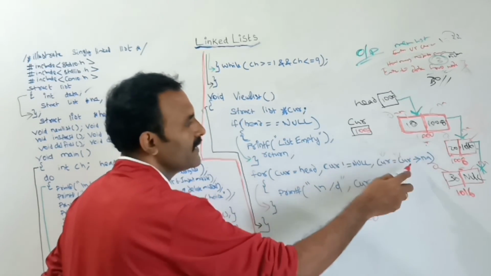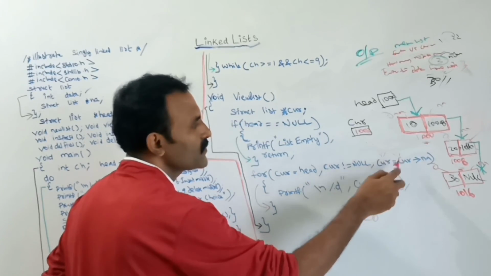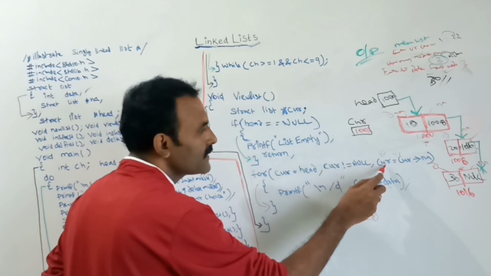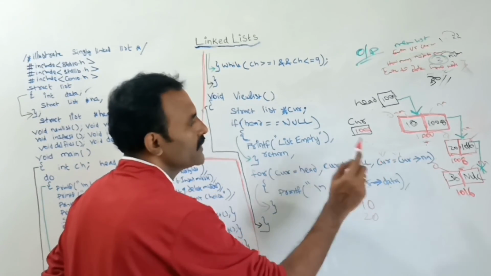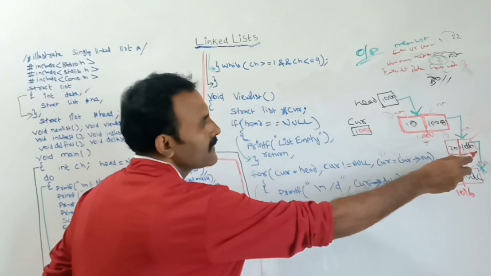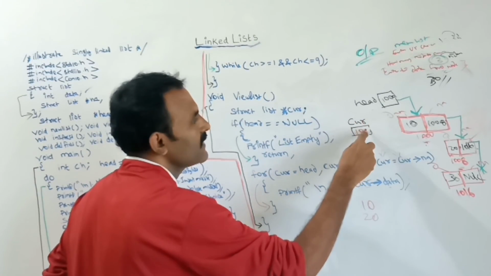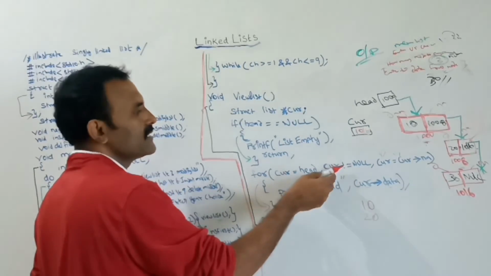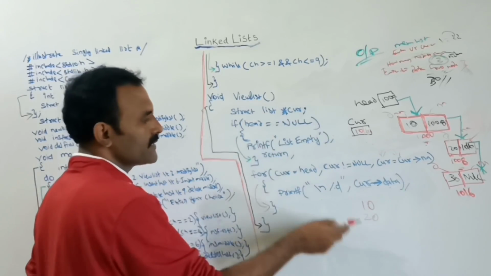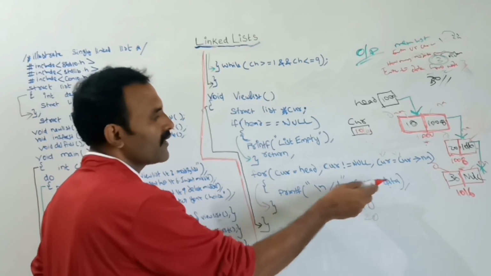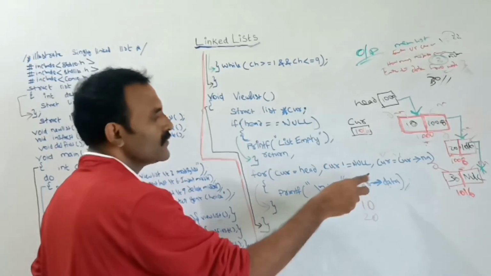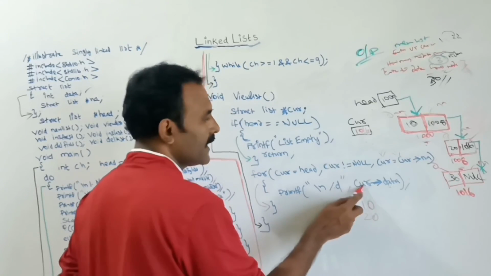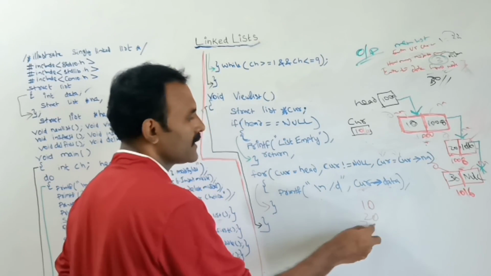Next again in the same way, CUR is equal to CUR of NA. Now CUR is currently 1008. The 1008th NA is stored to CUR. The 1008th NA is 1016. So this 1016 is stored to CUR. Next again this condition is true because this is not equal to null. So it goes inside. Here I am telling it to print the CUR of data. Now what is the CUR value? So the 1016th data. What is the 1016th data? 30. I am telling it to print that data. So here that 30 will print.